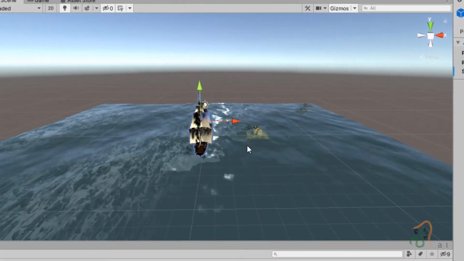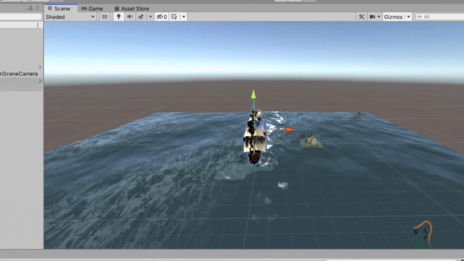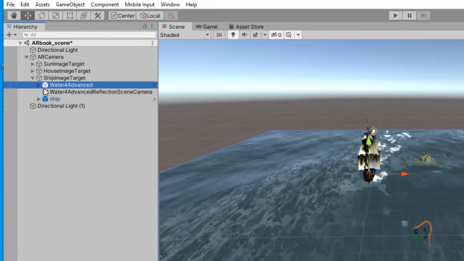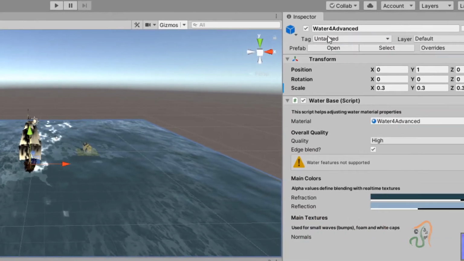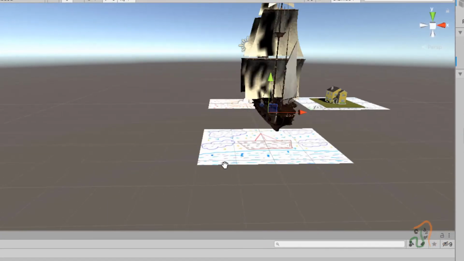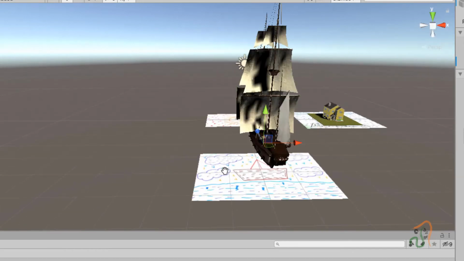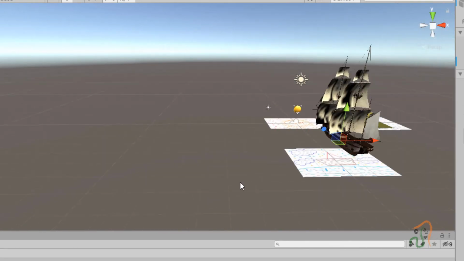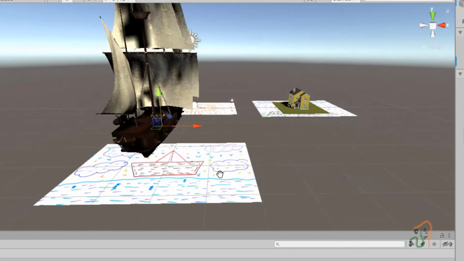Now let us see it in reference to our target image. We are not seeing the target image. So come to this water advanced and switch it off. Now you can see the target, and compared to our target, this ship still looks very big.